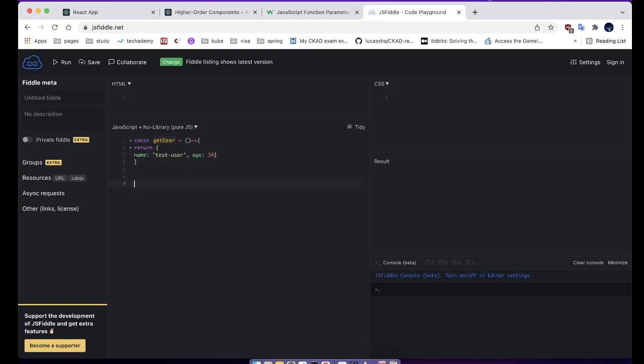Okay, now if we have another function called get profile, what we can do is just return get user, and we create a constant profile